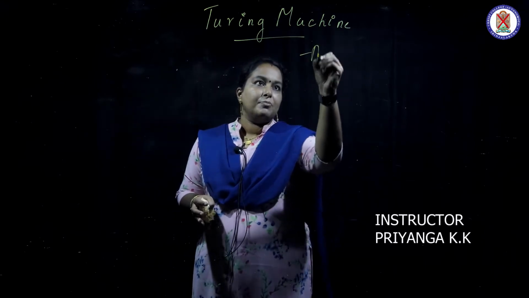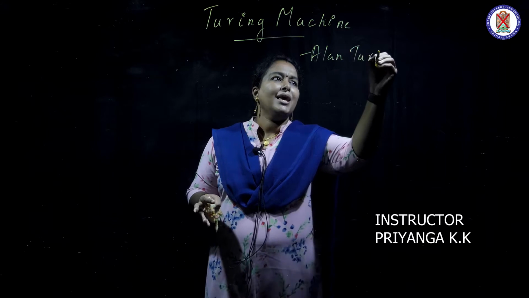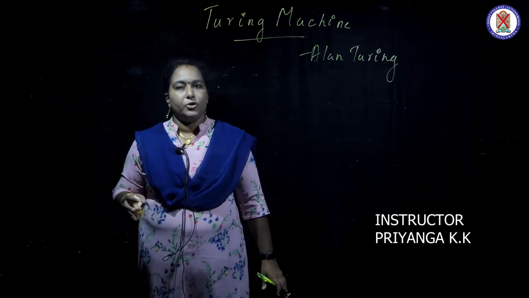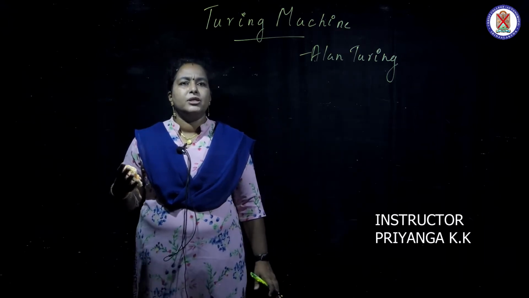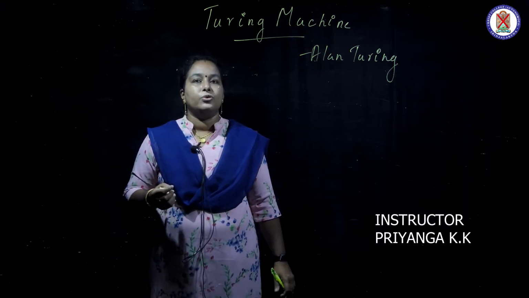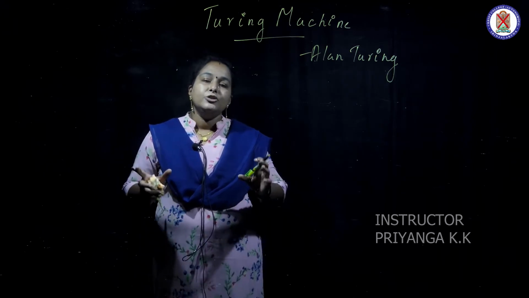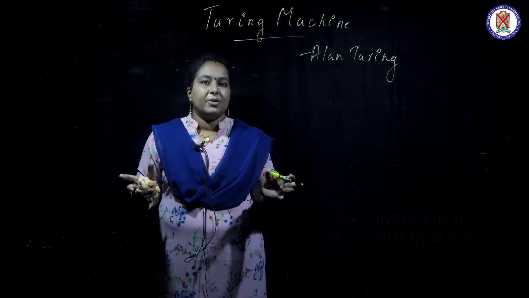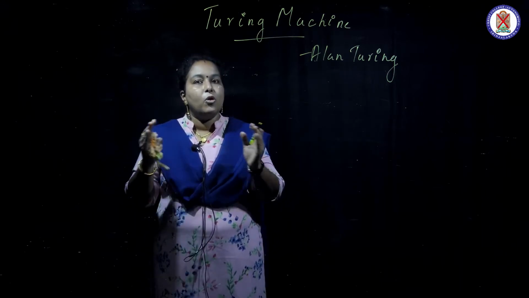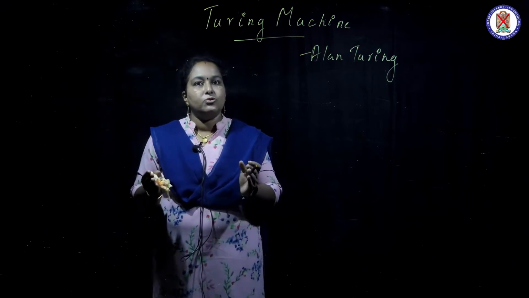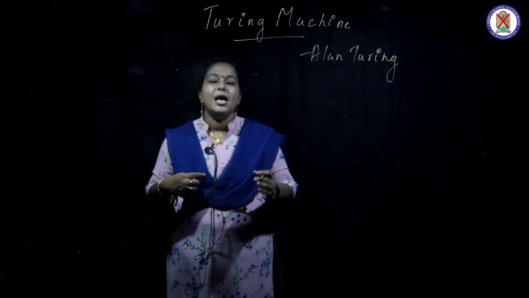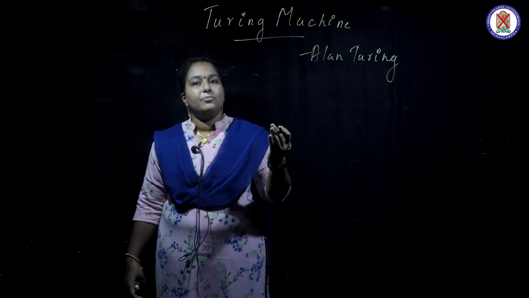Turing machine was developed by Alan Turing. Okay, Alan Turing developed the Turing machine and it resembles the modern computer. What is the difference between the Turing machine and the PDA and also deterministic automata? The difference is that in the Turing machine we have infinite memory available. That is, you can save as much data as is available to you in the memory. That is the most important criterion when it comes to the Turing machine.